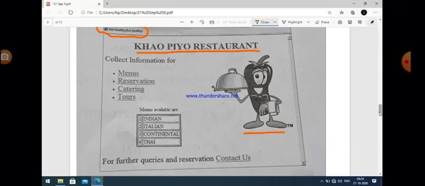Okay, and the second important thing is that it is right aligned, so we must use a right align attribute. It is not clearly mentioned in this question, but it is clearly visible in this web page. And the third important thing is that we should define the height and width of the image also, because this image doesn't take the full area of the web page, so height and width should also be given. Now I think these points are clear to all of you.